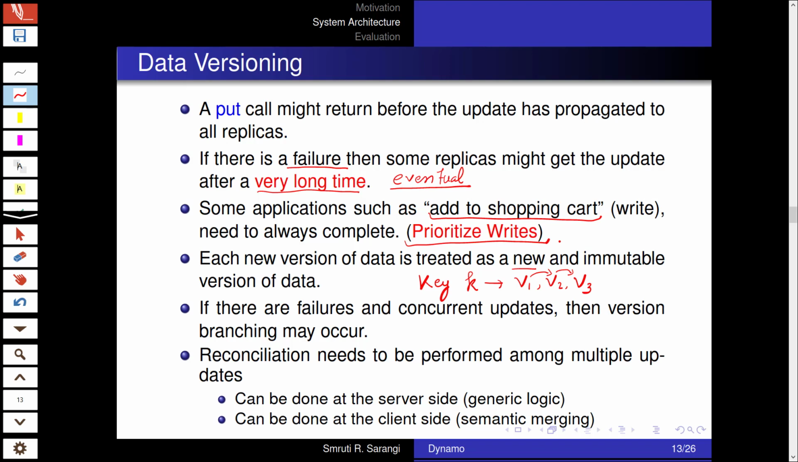Now what happens is that if there are failures and concurrent updates, then a certain version branching may occur, which means after V3, some might record a V4, some might record a V5. So of course this should not happen, but this will happen if there is a failure. So at the time of reading data or at the time of final checkout, there is a need to actually